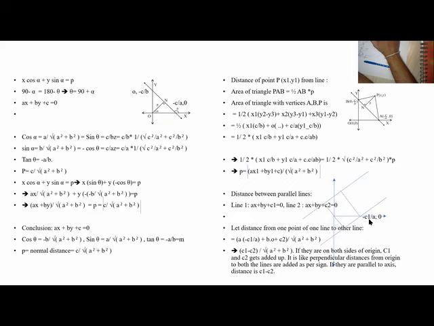So one of the lines is touching the x-axis at minus C1 by A. You have a point here. So from this point, what is the distance to this line? You substitute x, y, this C1 by A and this. Once you substitute this, A into minus C1 by A plus B into 0 plus C2 over square root of A square plus B square, I am getting C1 minus C2 by square root of A square plus B square. So whatever way we do, we should understand that from the origin this is C1 and this is C2. When C2 is minus, automatically we get both added up.